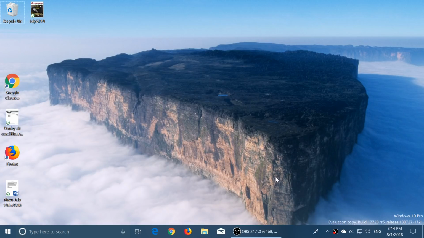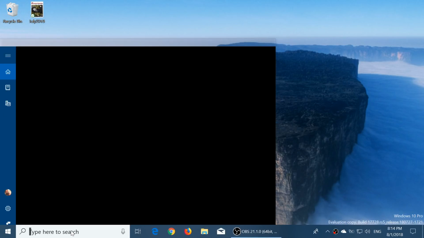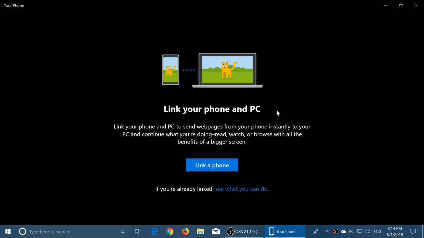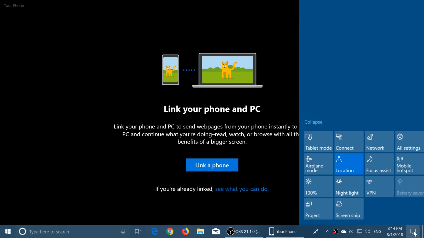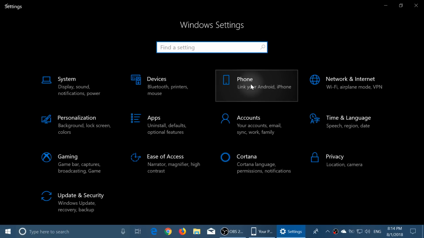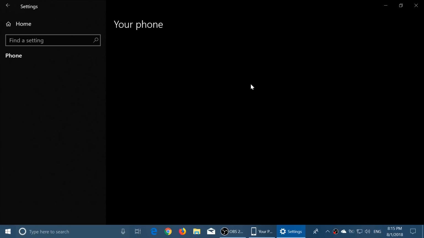What's new in 17728? Well, one feature that is not yet functional, but is there, is Your Phone. If you guys remember, they had announced a few months back something called Your Phone. Of course, this is different from Phone, because right now, if you look at your settings, you have a setting that is called Phone, which was simply linking your phone to your PC to continue where you left off on a web page with Edge, for example,